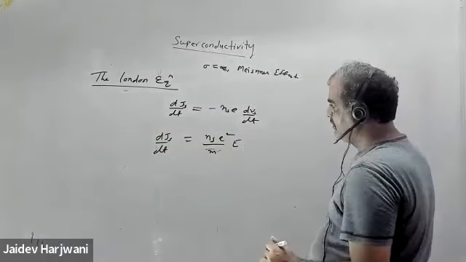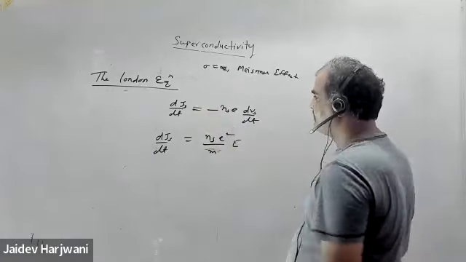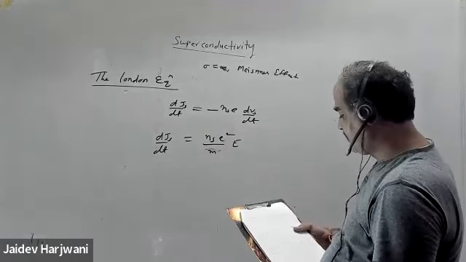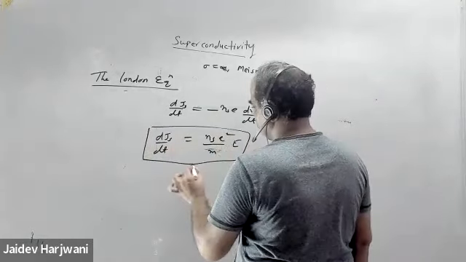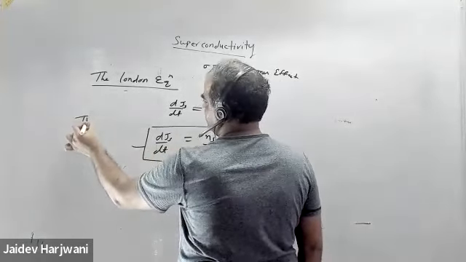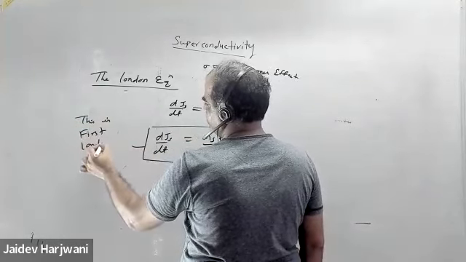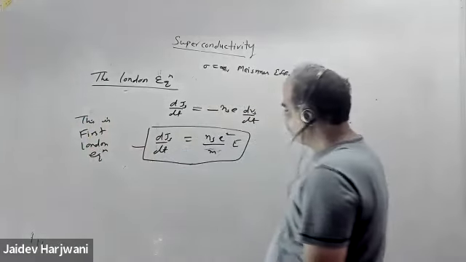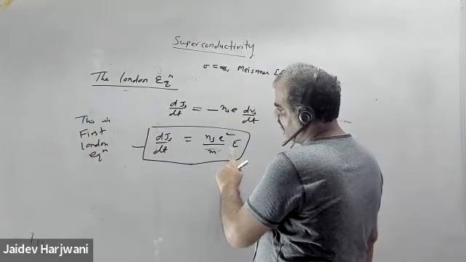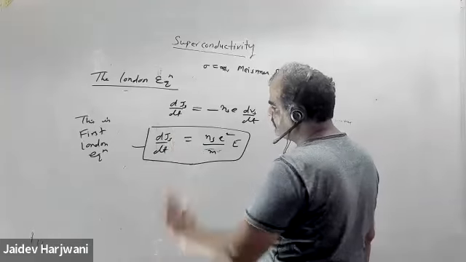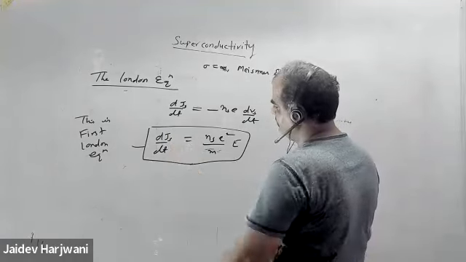अब इस इक्वेशन से क्या पता चल रहा है, माइनस साइन आएगा ना? माइनस माइनस कैंसिल हो जाएगा। So this is known as your first London equation. ये इक्वेशन क्या बता रही है, if E is equal to 0 then dJs upon dt equals to constant. इससे क्या पता चल रहा है हमको,